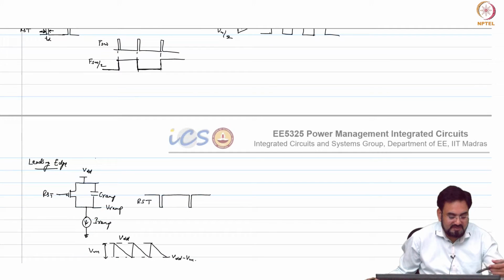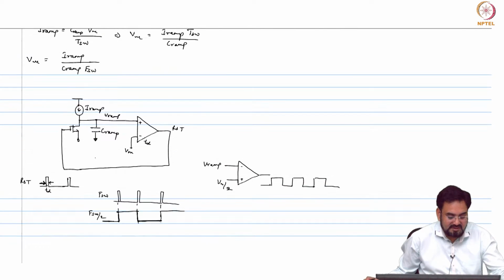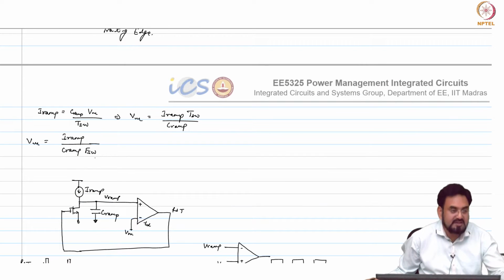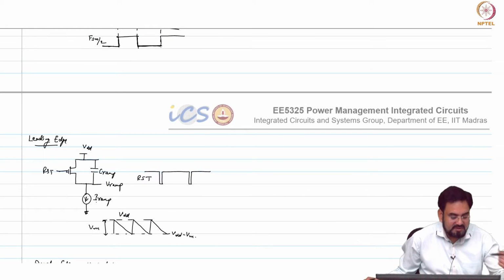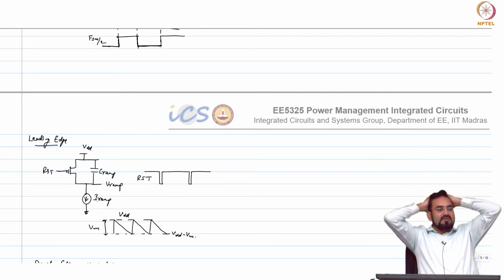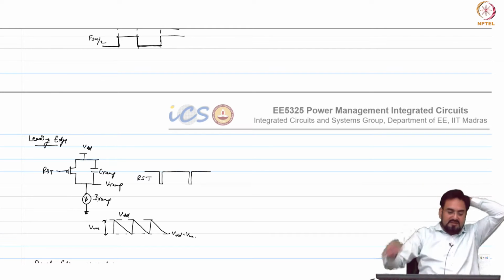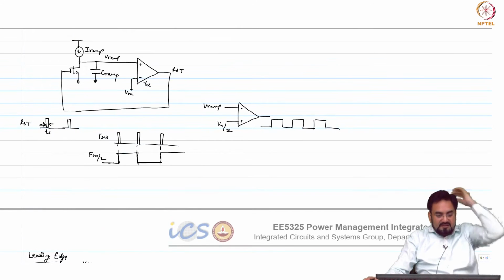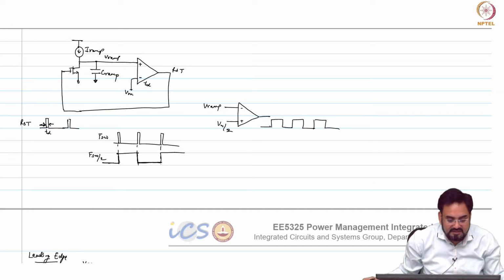I mean, this is possible with the current source in this case, and here we are limiting only one side voltage, not two side voltages. So whether you use an oscillator or this simple ramp generator, how do we make sure that my common mode remains at VDD by 2? Because we are resetting at 0, whether you take this oscillator.